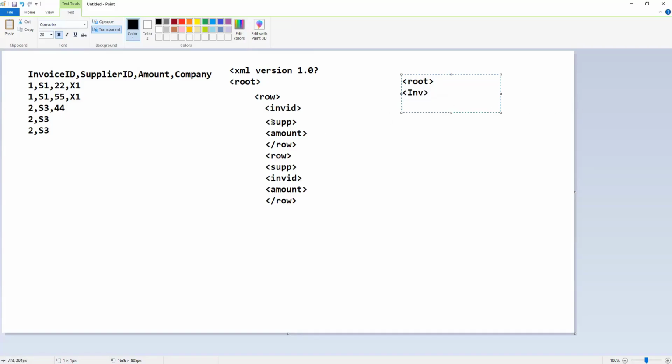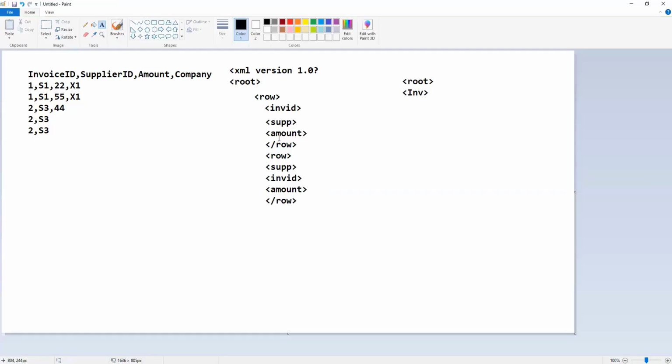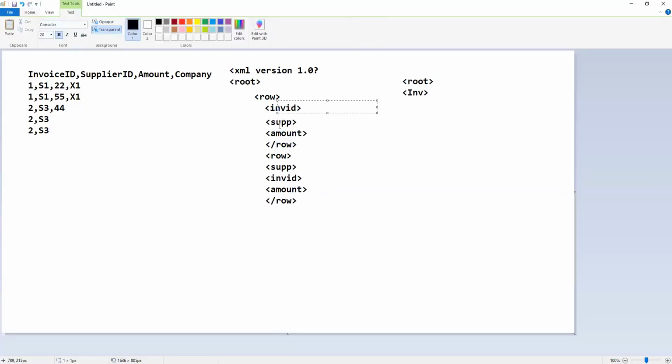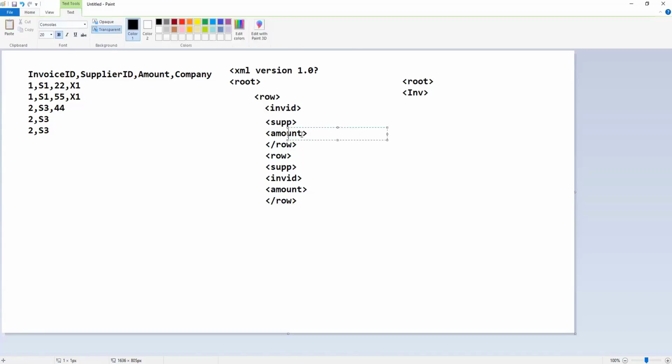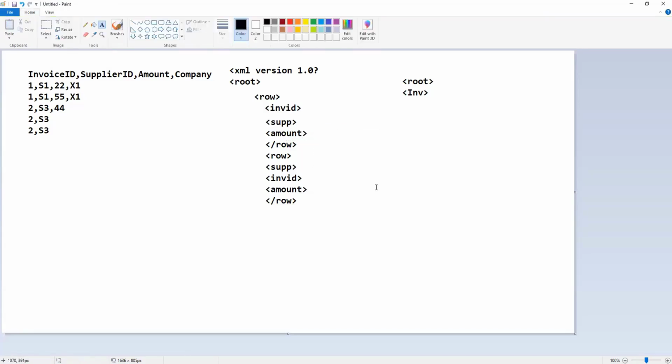So if you see here, supplier is common, so that one will be in the header. But invoice ID and supplier are both common. For one invoice there will be one ID and one supplier, but since there will be 2, 3 lines, the amount can be different. And then there will be other fields which are different.